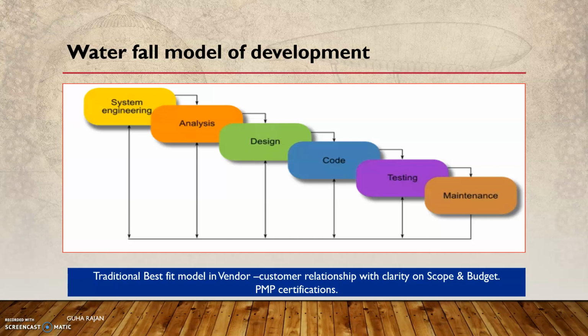Again, if you compare software development with the construction of a building, the scope is absolutely clear: what you need to do based on the budget available. So it is very clear, whereas software development can always be dicey as you develop the project. So the traditional waterfall model is a better one, and PMP certification is the better one if you are a project manager who wants to get into certification.